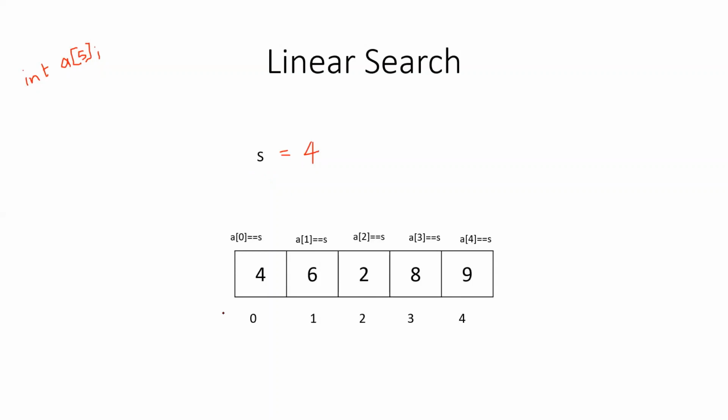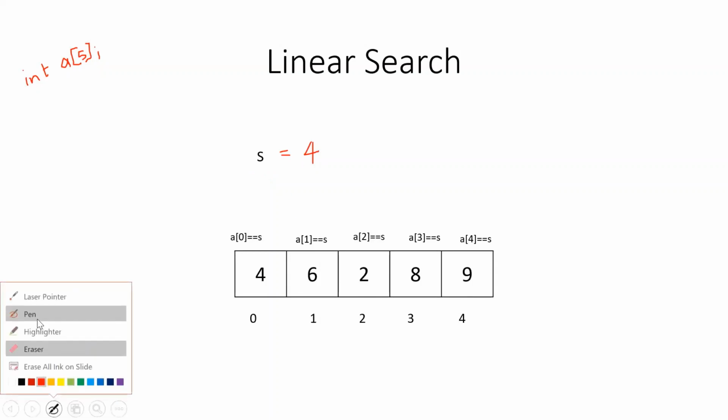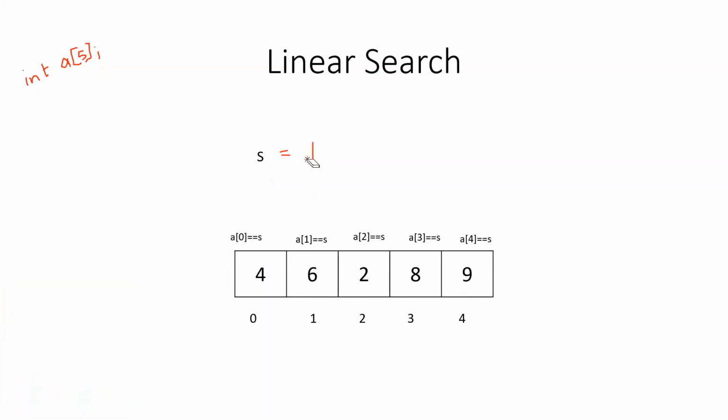Suppose I am going to search for an element, say 2. How does the program work? How do I search for the element and return the position? If we are given only an array and we have accepted the numbers, which you know how to do using a for loop.